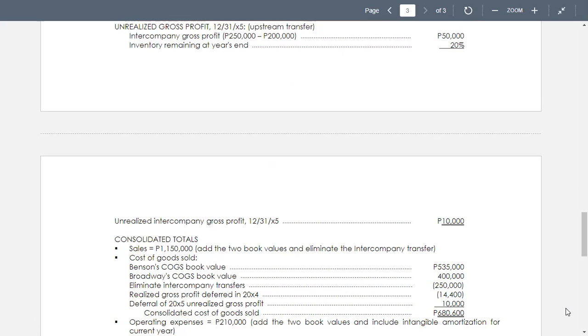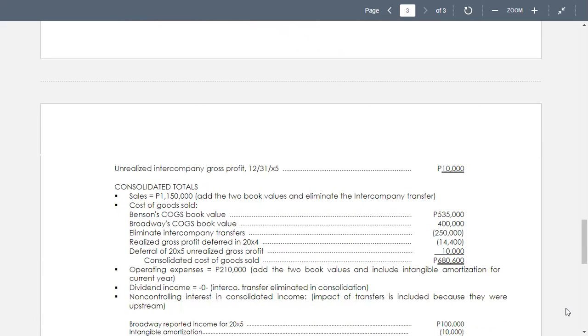Then we deduct realized gross profit deferred of 14,400. Then we have the deferral of 20x5 unrealized gross profit of 10,000. So we have the consolidated cost of goods sold of 680,600. Then we have the operating expenses,